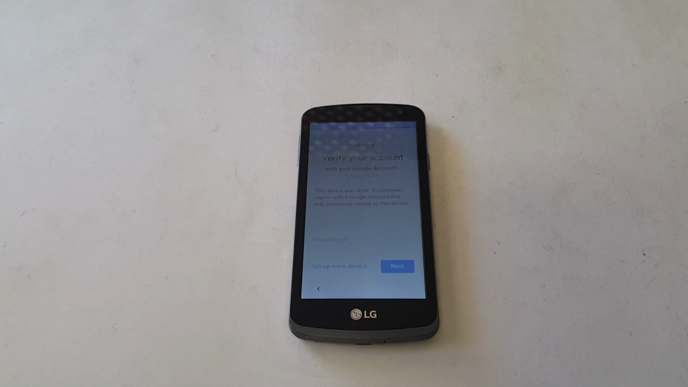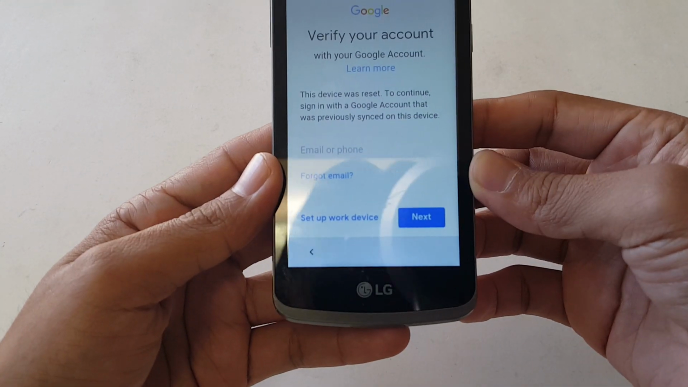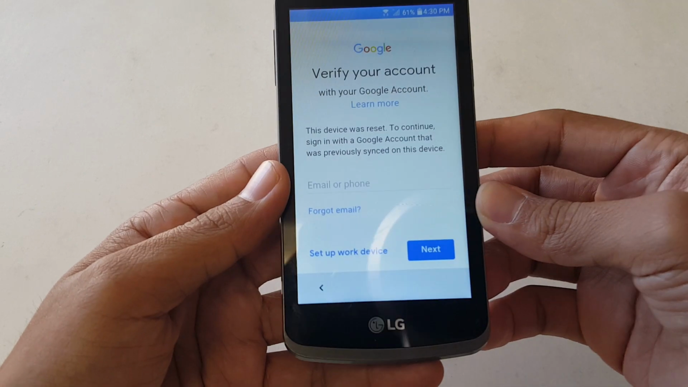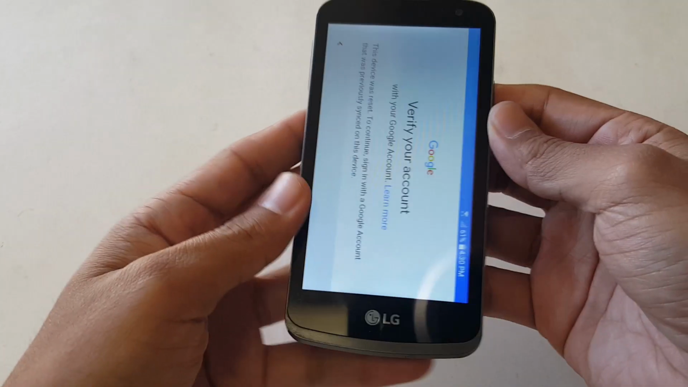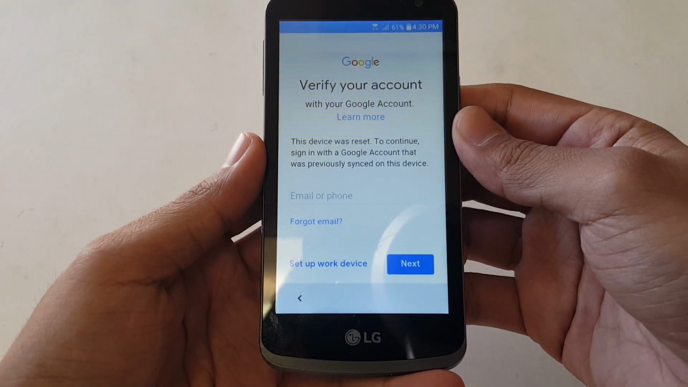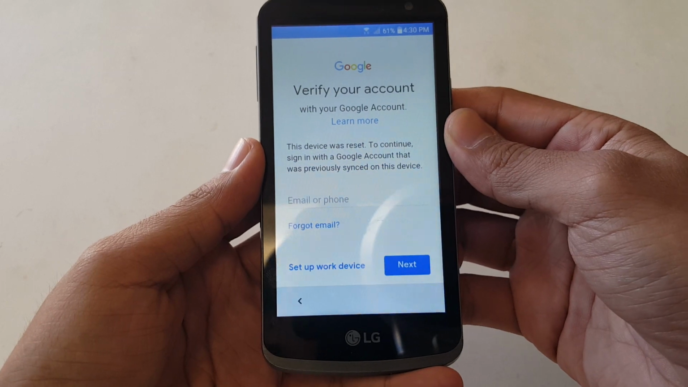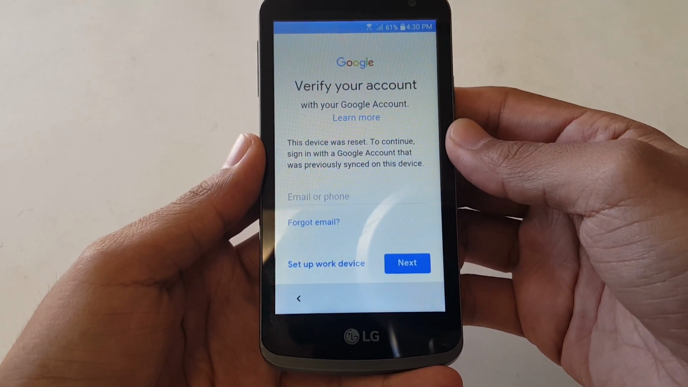Today I have an LG Zone 3, currently with Android version 5.1.1, and it's with Verizon. So I'm just trying to give you the full aspects of this device. As you can see, this device is currently Google account locked. Now, if you bought this phone secondhand, or if you created an account and you just don't know it, not